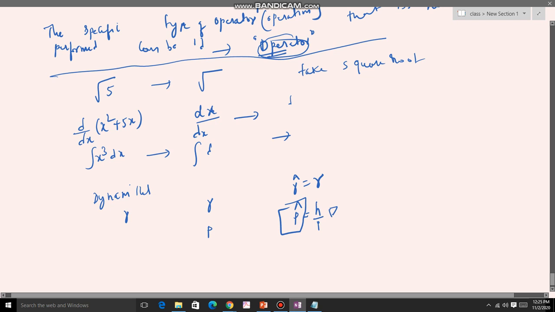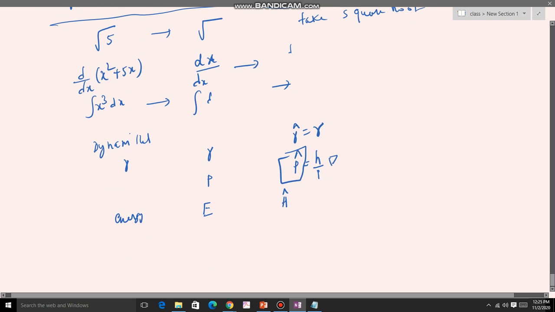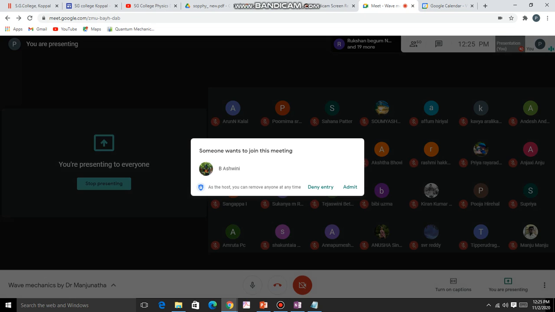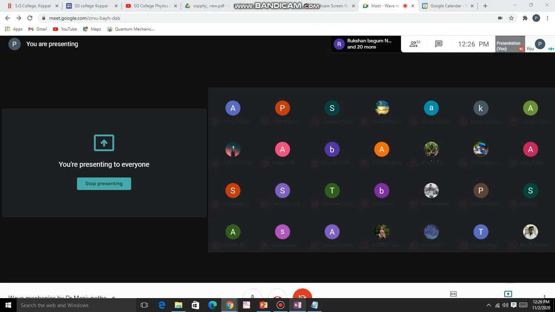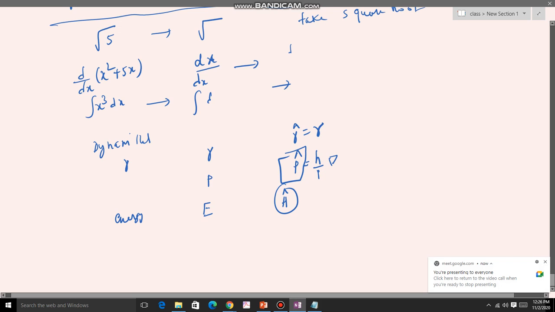Suppose you have your energy operator. The energy operator is represented by h cap. In your derivations, I will show you some of them, where if you see h cap, it means you have to operate with respect to energy. That is given by i h by 2 pi dou by dou t. This is an energy operator. So suppose you have to write Hamilton